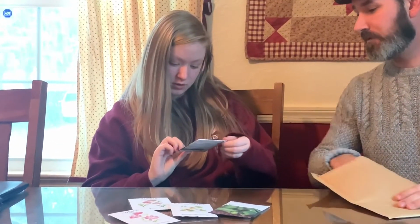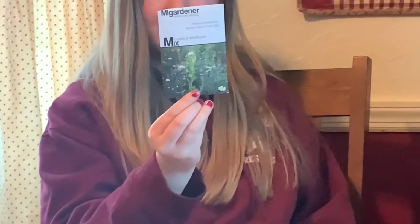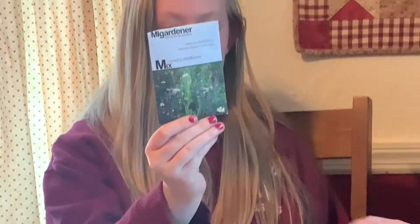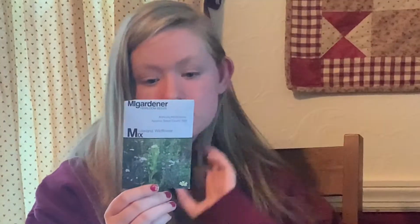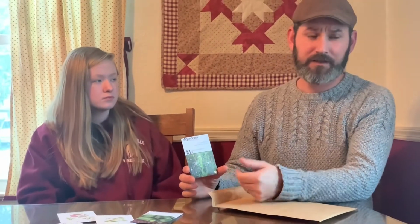Ooh, yay. We have a Lowland Wildflower mix, which I can't wait because these look like there's some pretty flowers on here. And again, that'll be great, beneficial for our native pollinators and our honeybees. The one thing, after I got them and read the description, it's always good to read descriptions before ordering, but at $1 a seed packet,